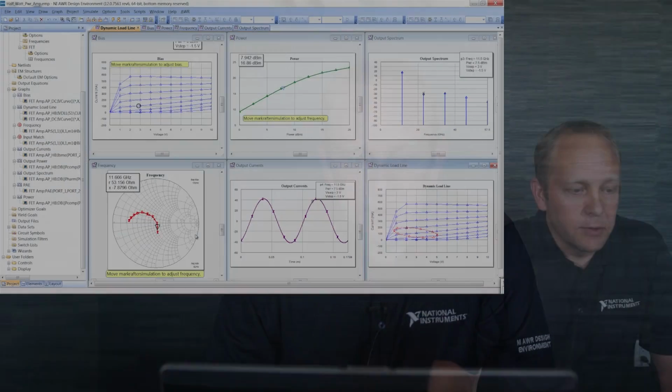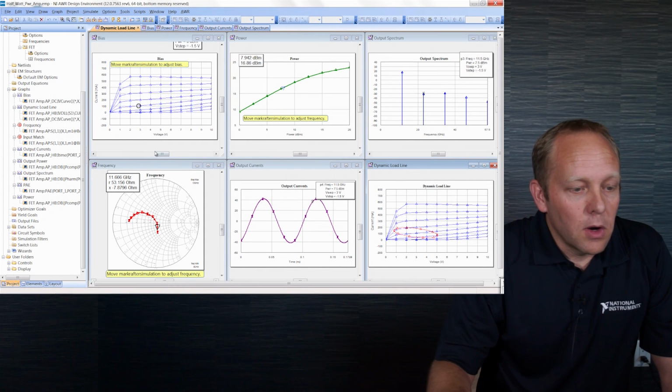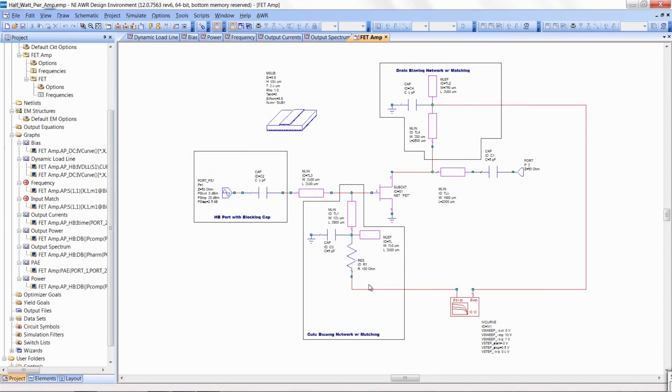There are quite a few new features in this version, so I won't be able to go through them all, but let me show you some highlights of the features that we have. The first one is that when you are doing a large swept analysis, you can actually slice through the data using markers. The first example I'm going to show is how we can use markers to define sweep